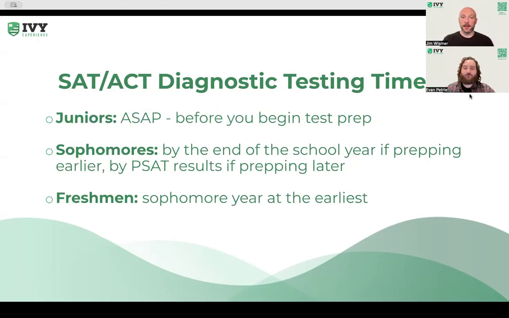But if we're talking about timing, then really juniors, I recommend you take a diagnostic ACT pretty much as soon as you can, because we want it to be a fair comparison with the PSAT. So we want you to take it close in time to when you took the PSAT. And also, if you're aiming for one of the spring test dates, like for example, the March SAT, typically we recommend starting in December for that test date. So that would mean you'd want to have your diagnostic ACT score to confirm the SAT is the test for you before you would start the actual preparation in December.